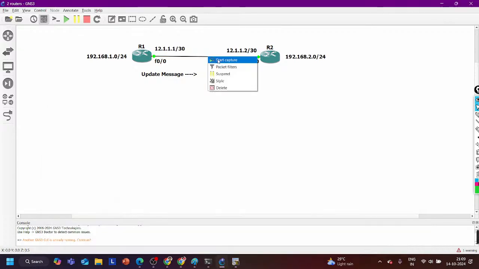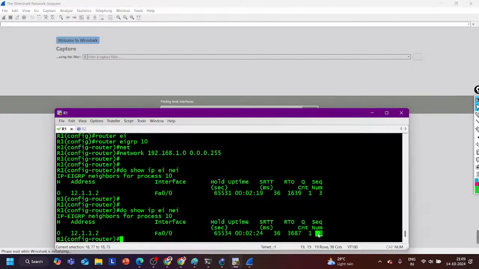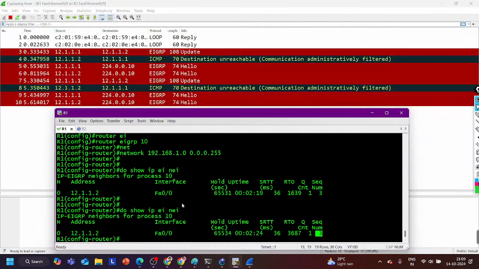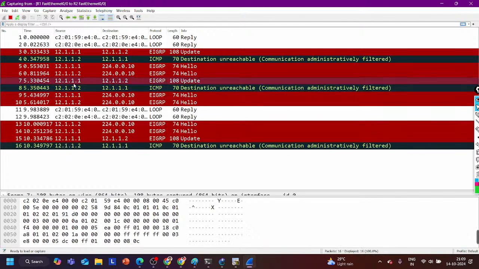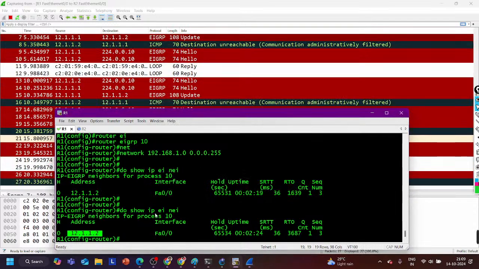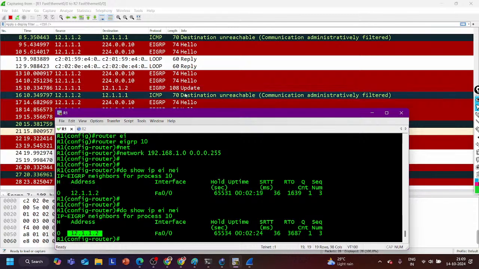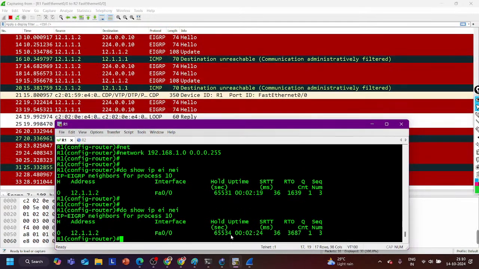And we should capture this link also here to check the message. Update message. See, it is unicast. Source IP 12.1.1.1, destination IP 12.1.1.2. The router is sending the update message to this IP address. And how many unicast messages will it send? It will send 16 unicast messages, right? And you can see the hold time is